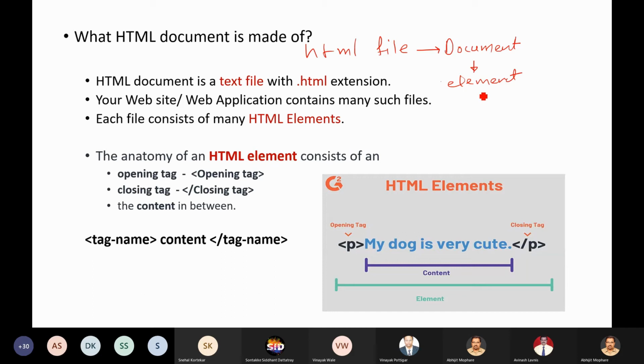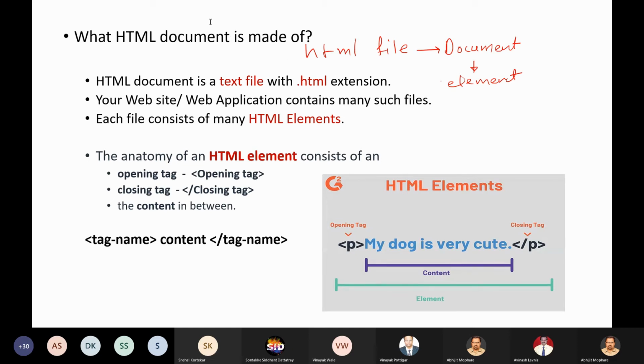There are so many elements, thousands of them, in a particular web document. So let me show you the Google website, and I will show you the source code. The Google website's index.html file, which is the first HTML file, is not the only one.